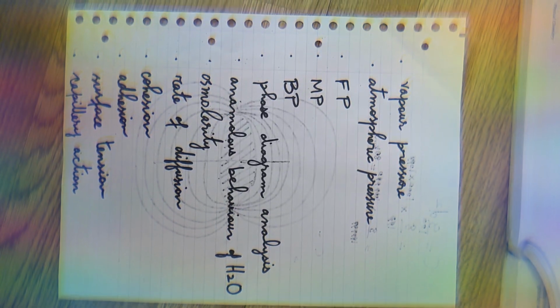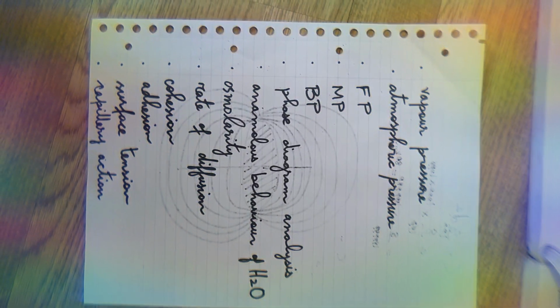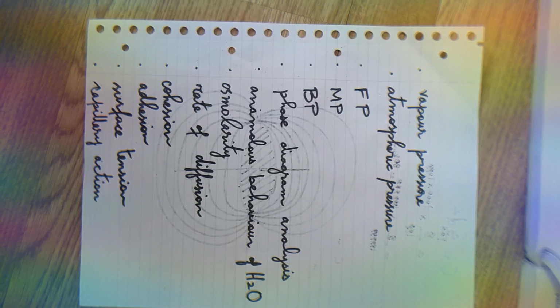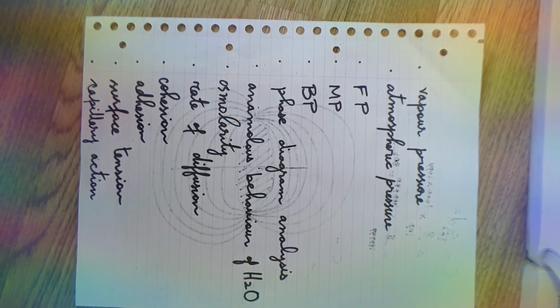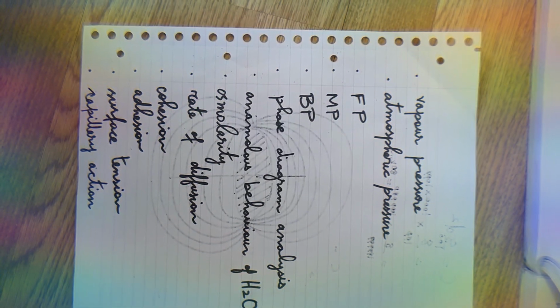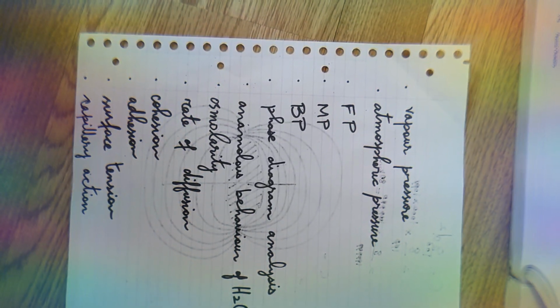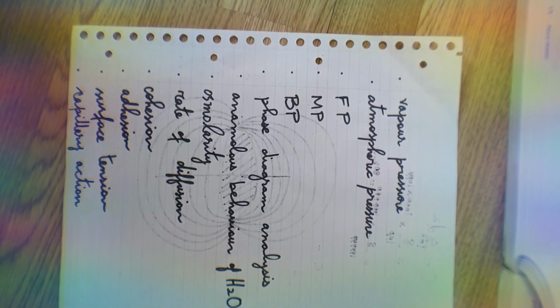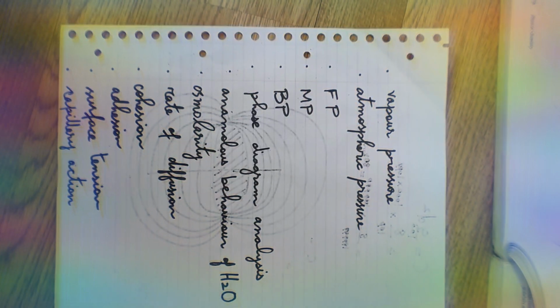Now, the colligative properties of a pure liquid are very, very different to a solution. And we basically use the colligative properties of pure liquids as control values for when they transform into a solution. Sucrose plus water, NaCl plus water, salts into water. It has a direct link to solubility as well, and